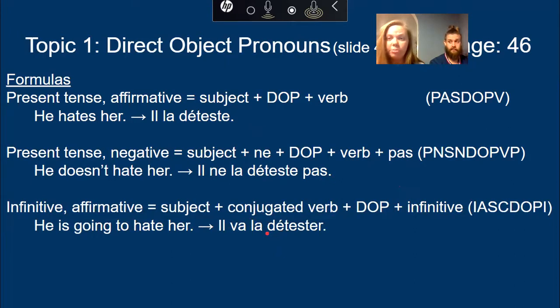So you have the whole verb phrase, and then you say your subject verb what, or subject verb who question. In this case, it would be who. He is going to hate who. So going to hate has all of the verb in it. You can't just have going, you can't just have to hate. You have to have the whole verb phrase in your subject verb who question. So, he is going to hate whom. Actually, it should be whom, but we can talk about who versus whom some other time. And that is why